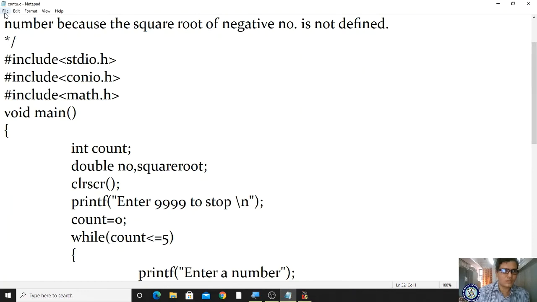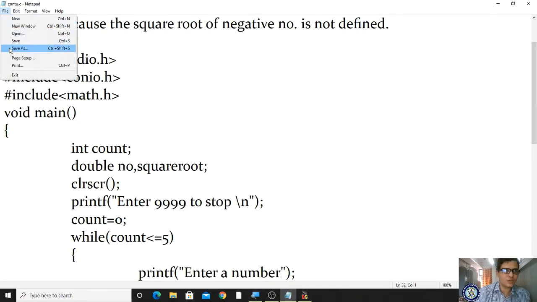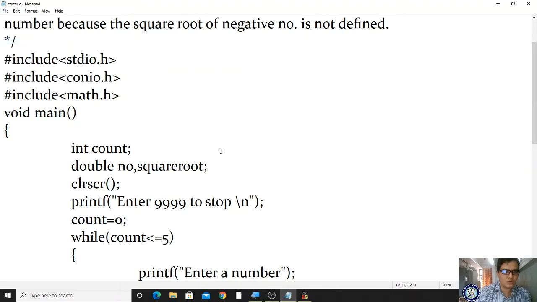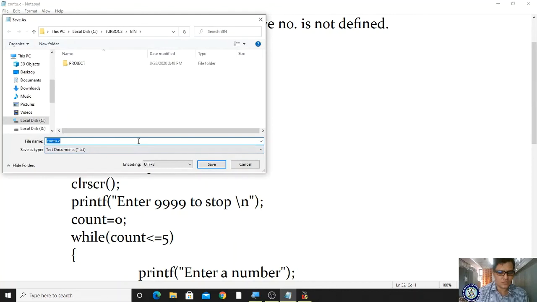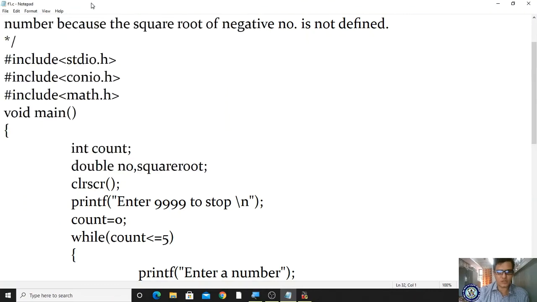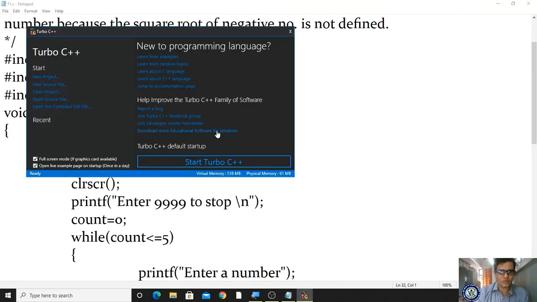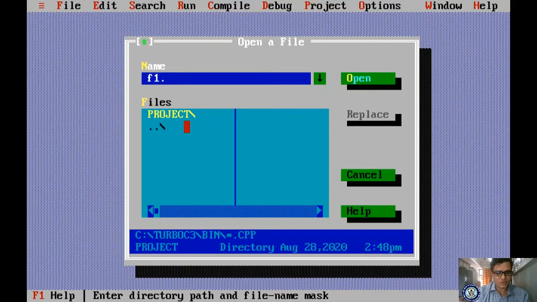Okay, let me continue. Sorry, what is the name of the file we are supposed to open? continue.c, right? Or else let me save it as f1.c, just for understanding purposes. I am storing f1.c and opening my file f1.c.